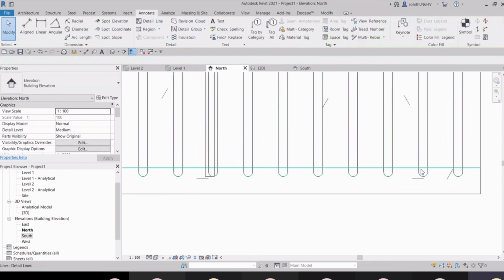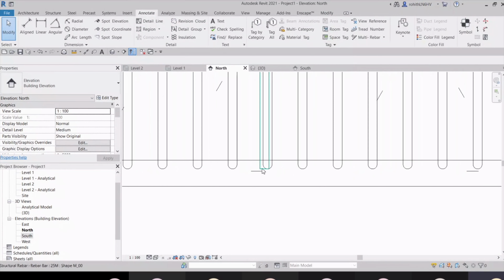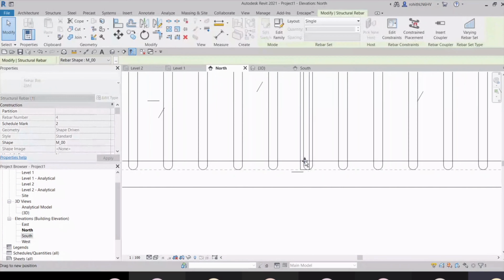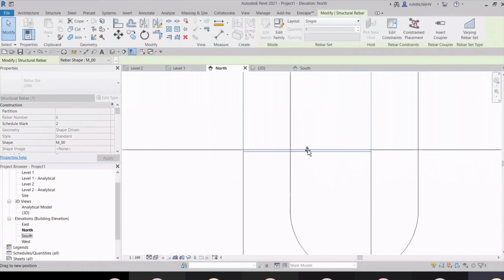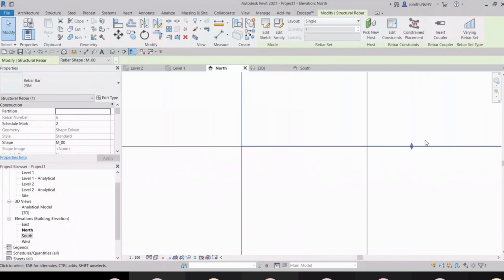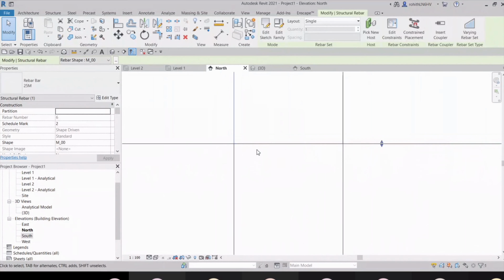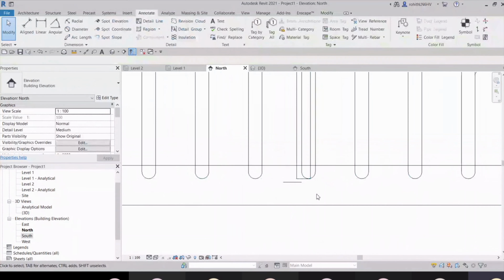Because this has a curve, and at the bottom this is placed, I need to move this up 25 till there to snap. Here you can see it will snap. You have to just zoom it up, or else what you can do is just align it.